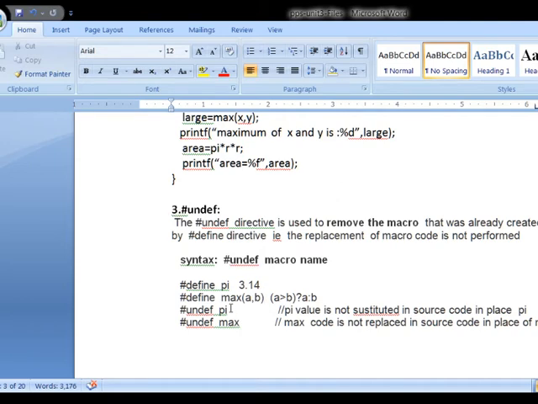Automatically, PI in the program is not replaced by the code, because due to undef, the macro name is deactivated, so the macro code will not be replaced in place of the macro name in the program. Similarly, undef MAX: again I have deactivated the macro name MAX so that it cannot be used, and it will be removed from the macros. So this is the undef directive. The undef directive is used to remove defined macros.